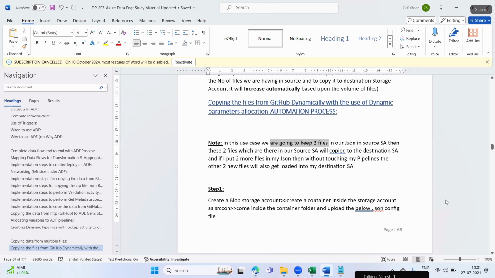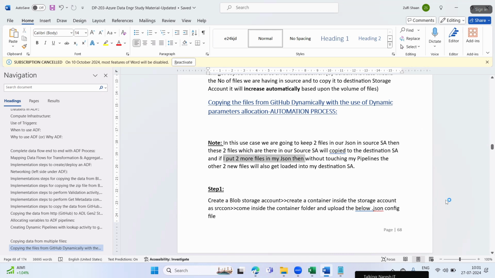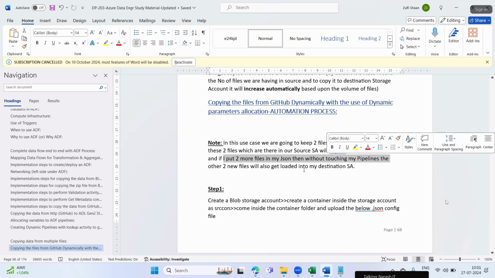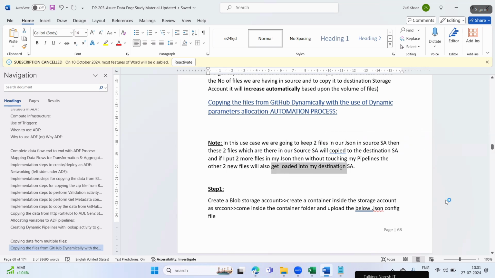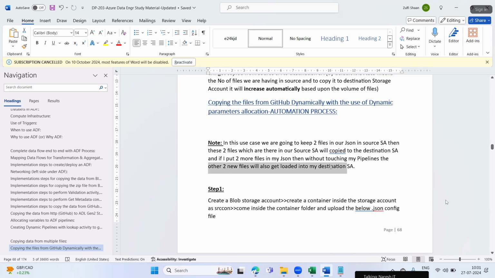scenario, we are going to keep 2 files in our JSON in the source storage account. Then these 2 files in our source storage account will be copied to our destination. And if I put 2 more files in my JSON, then without touching my pipeline, the 2 new files will also get loaded into my destination storage account. Understood? First, two files will get loaded into our destination. Then I'll add two new files in my config file, and when I run the pipeline, the two new files I have added should also